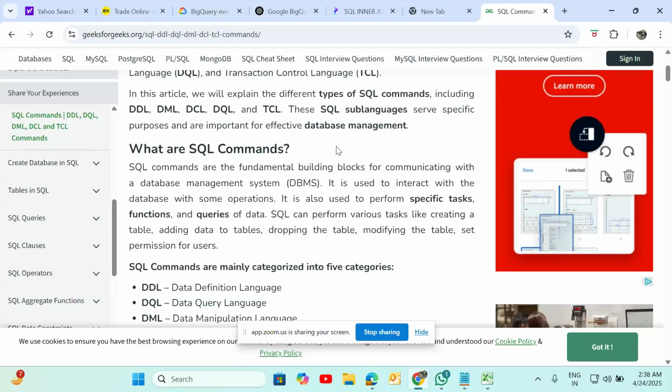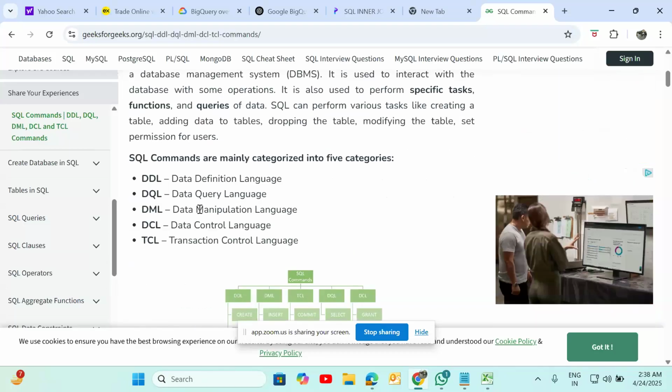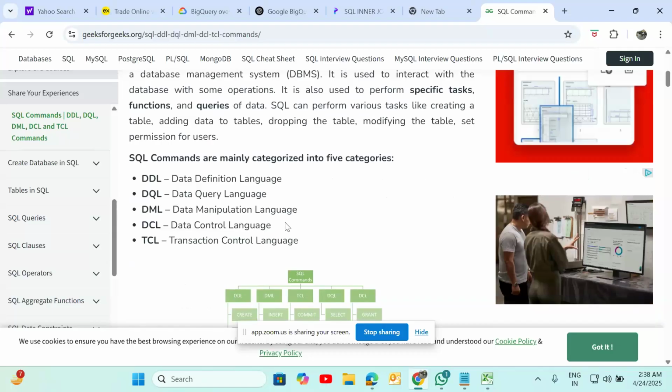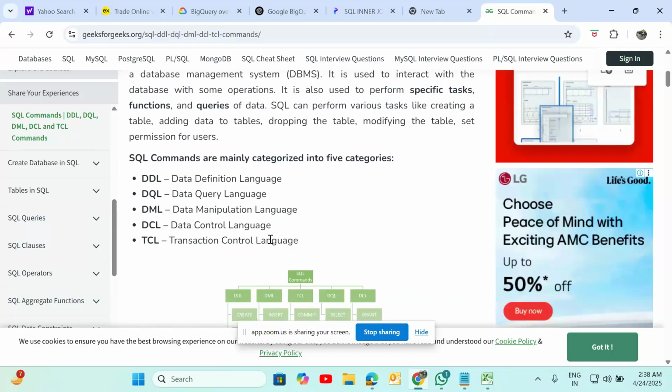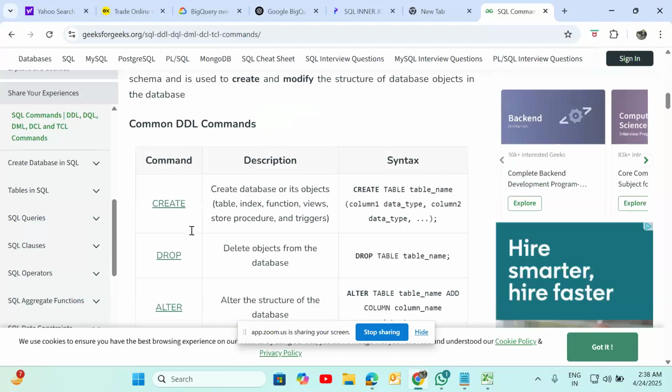Is a command the same thing as a query? No. A query is a part. There are different types of queries. DDL, DQL, DML, all of these commands have queries as a part. So, queries are part of commands. Got it. DDL is data definition language, then data query language, data manipulation language, data control language, and data transaction language. I'll explain.